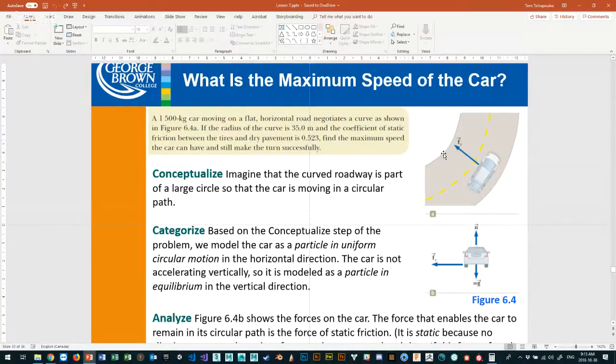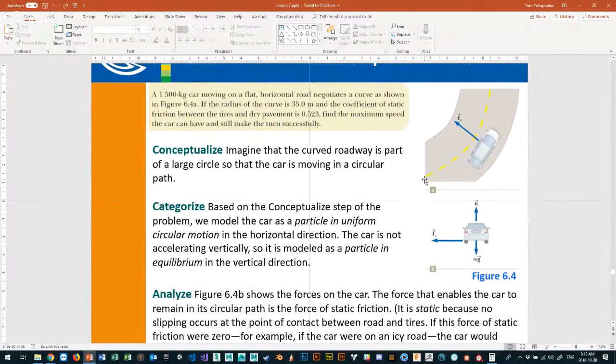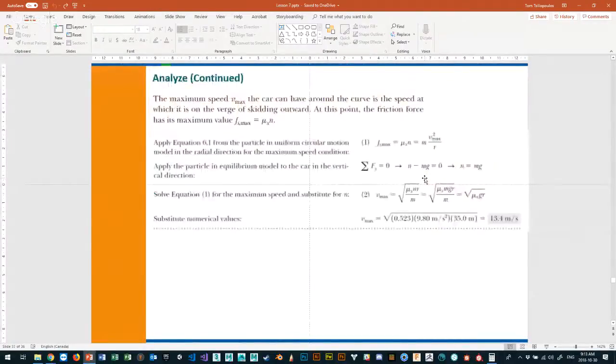And 35 meters is the radius. And we can see that we have a particle in uniform motion again, right? It didn't mention that the curve is banked. The curve is flat, which means there's nothing to help the car go around the curve. We've got to figure out how fast it can travel based on static friction alone. So again, when we look at it, we can say that the force maximum is equal to